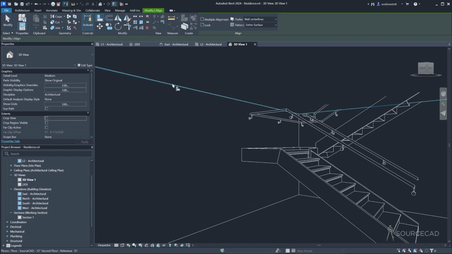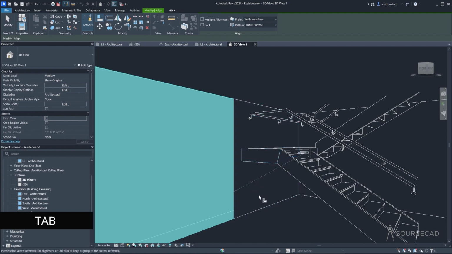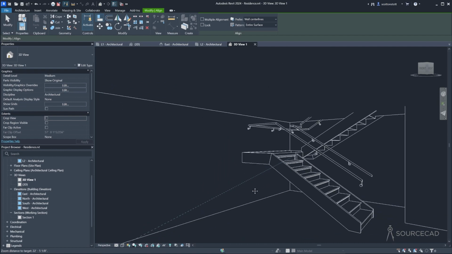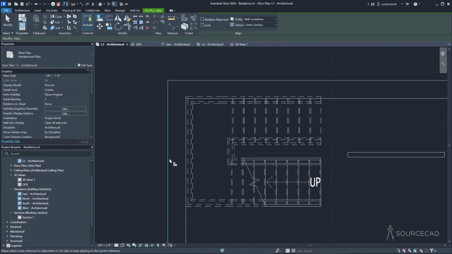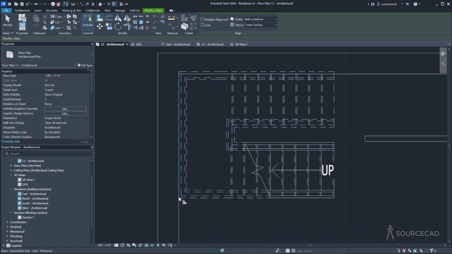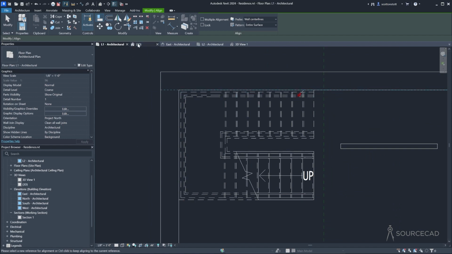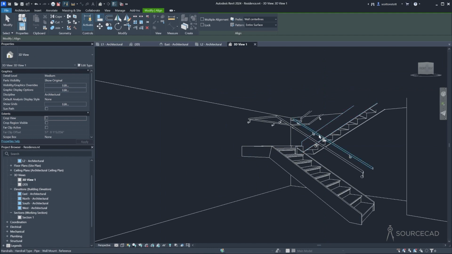All right. You can use align, click on the wall, and then I want to get the back side of the stair. So I'm going to press the tab key until I get that, and I can click on that, and that should line it up. And I think it did, but let's look at it in level 1. Yeah, it seems like it did. This dashed line is right on the wall. So evidently that dashed line is the border of the stair. I'll go to Align, click on the wall, click on the stair,